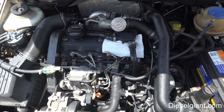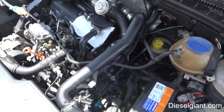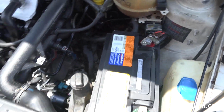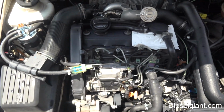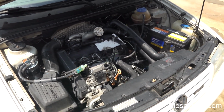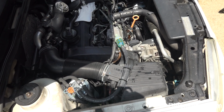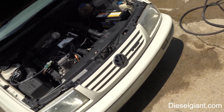But anyway, the engine's nice and clean. It's mostly dry, and as you can see, if you go back and look at the first part of the video, it really is. Citrol does a fine job. So that's how I keep the Jetta engine bay clean. I've done this for its whole life, and that's it. I don't use anything special, I don't even scrub anything. The Citrol is able to